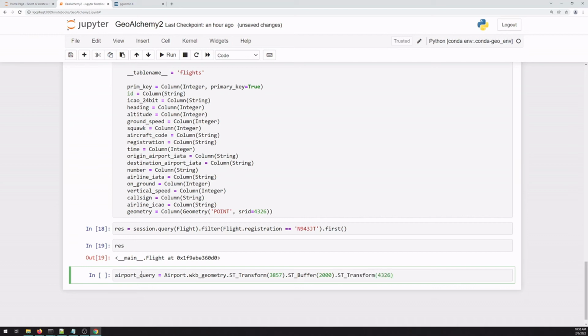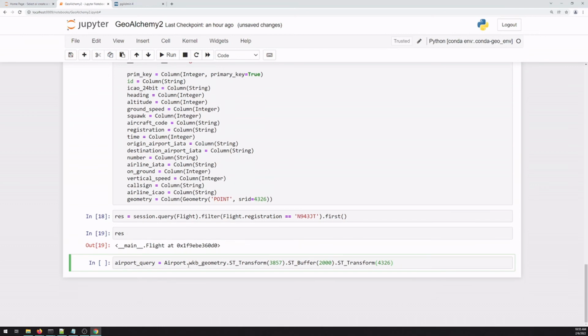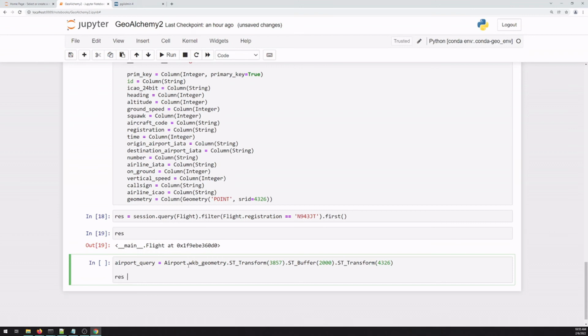And send it back to 4326. Right, so that'll be our airport buffer. And then we can create a result on querying the flight. So we're expecting to get information about the flight class back. And then we want to use that